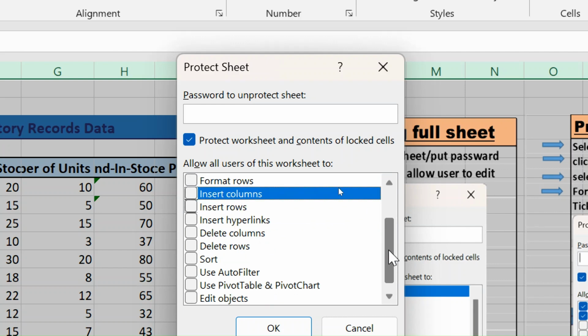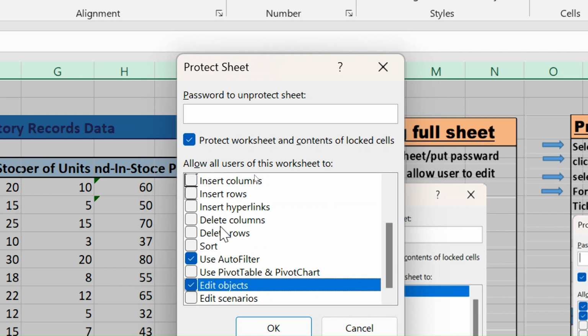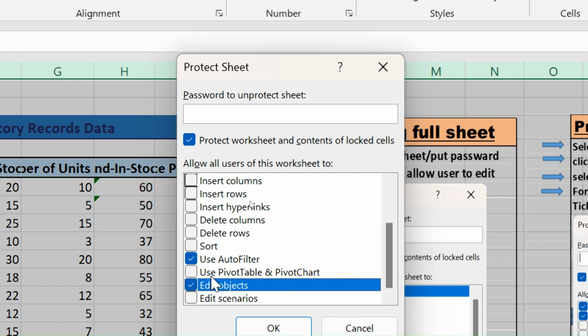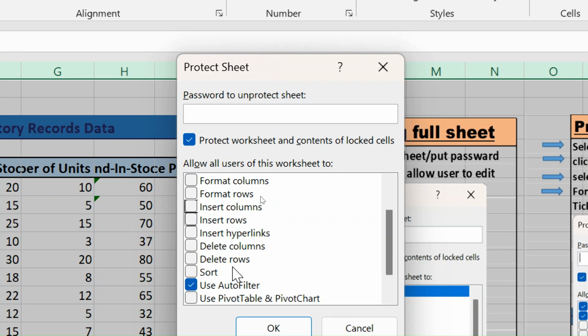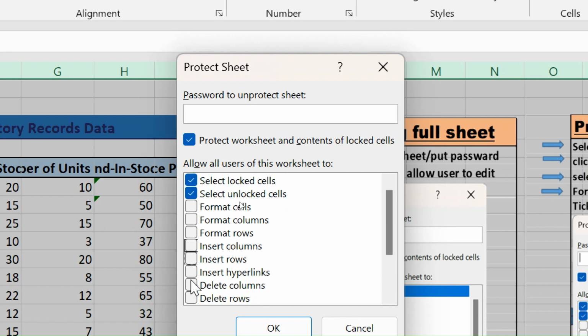We can click just some of them, like use auto filter, edit object, and leave the rest unclicked, so that only to the extent wherever it is clicked, the other person is allowed to make changes. Other things like this, all the things they are not allowed to change.